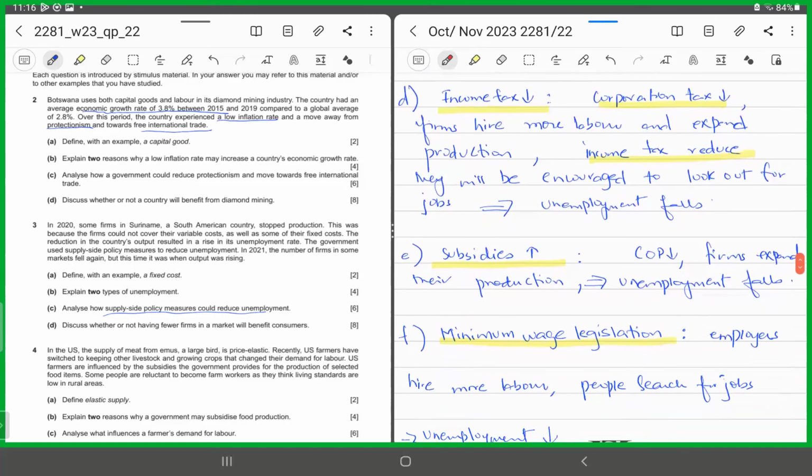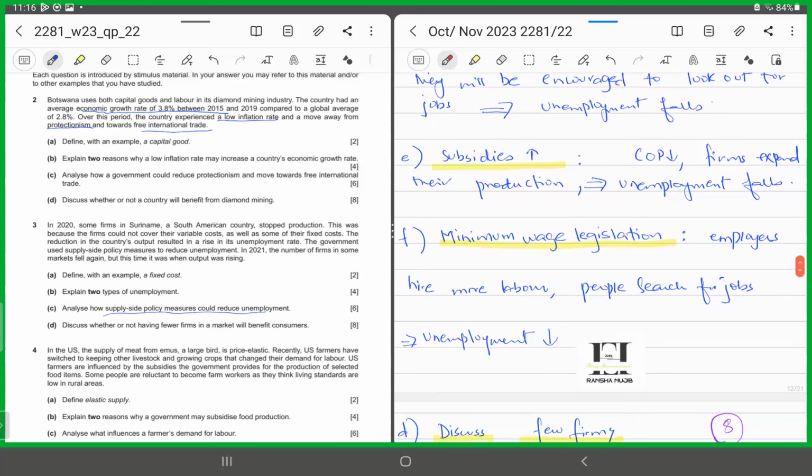It could also be possible that the government is giving subsidies to the local firms. As a result, the cost of production will fall. The firms will expand their production level, and overall the unemployment level will fall, because higher levels of production means more demand for labor. Minimum wage legislation could also be one of the tools at their hand. Employers would hire more labor, people would be searching for more jobs, and unemployment would fall. All right, so